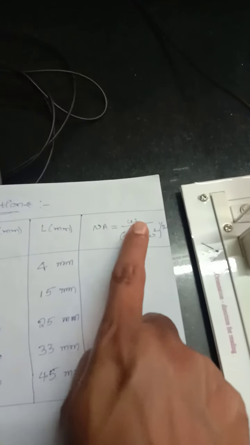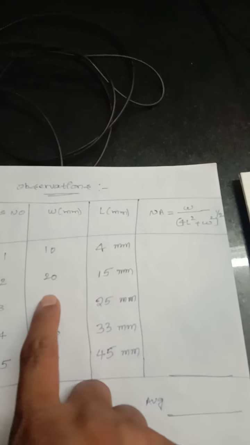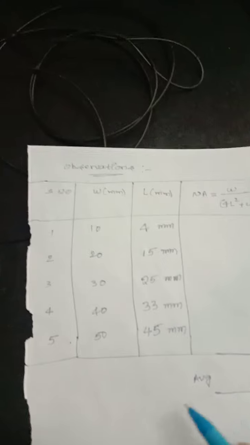So this is going to be the diameter of the rings, and this is the distance at which the light is made to be incident on that W. Okay, so now you know the value of W and you know the value of L. Now you need to substitute both these values in the numerical aperture formula, that is NA equals W divided by (4L square plus W square) whole to the power of 1 by 2. Please substitute in the formula and get the answer. Finally, take the average of all 5 values. Whatever average you get is going to be your answer.